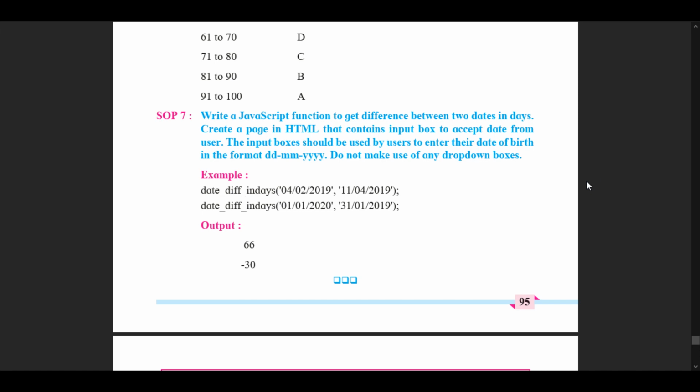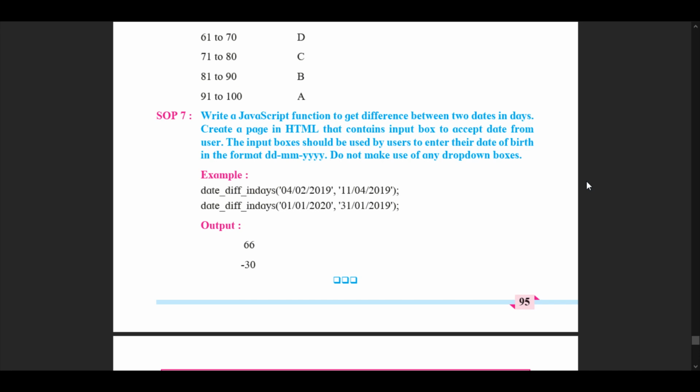Then we have the output to be received as 66 days between 4th of February and 11th May. That should be 66 days. And from 1st January in 2020 till 1st January in 2019, there is an accurate difference of minus 30 days.